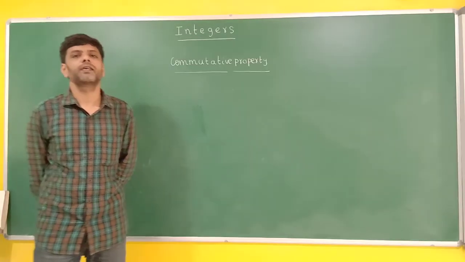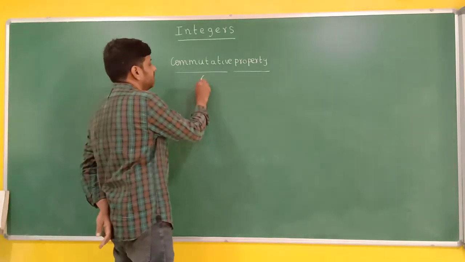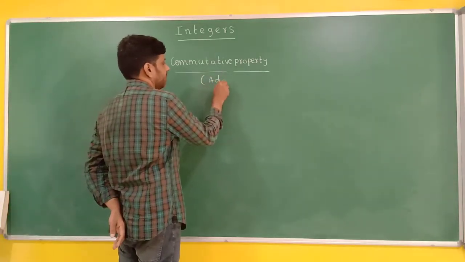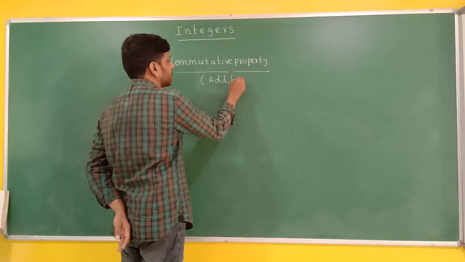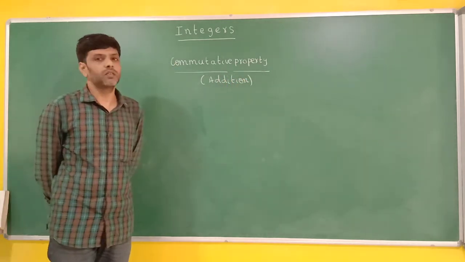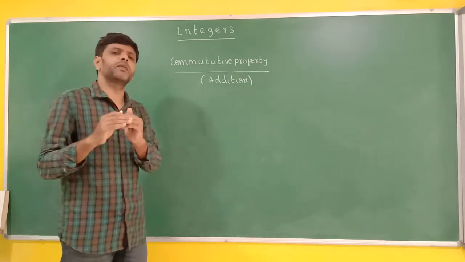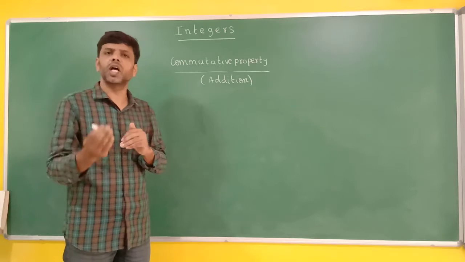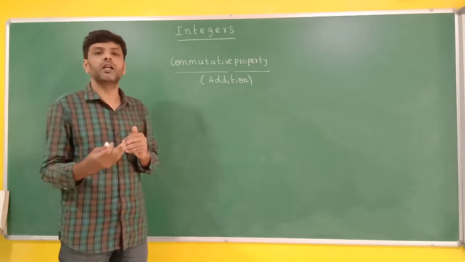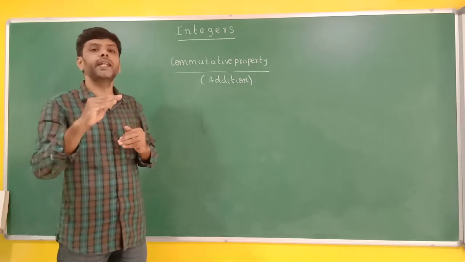Now our second property. This is also for addition. First let us complete one operation. After addition we will go to subtraction. Okay, now observe what I am going to do. Very easy, and you are learning this from grade 4 onwards. In grade 4 you have learned, grade 5 you have learned, grade 6 you have learned, and in grade 7 we are just extending a little bit.